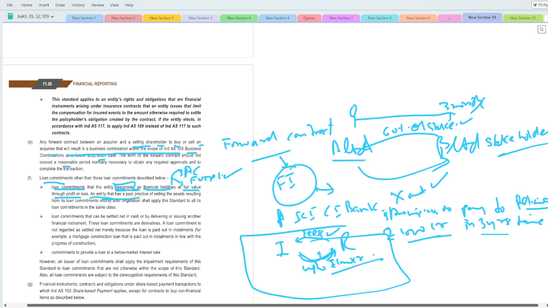Okay, an entity that has a past practice of selling the asset resulting from its loan commitment shortly after the origination shall apply this standard to all its loan commitments in the same class. So it is saying जो भी कोई loan commitment है, suppose इसी case में कि 1000 करोड़ का ICC ने loan दे दिए Reliance को, और उसके बाद वो क्या करता है कि उसको आगे जाके sell कर देता है या फिर syndicate करते हैं other banks के साथ, because this is a very big amount, correct, आगे जाके sell कर देता है किसी और को through the SPV, और या फिर किसी और बैंक के थ्रू ये 1000 करोड़ की funding करवाता है वो।